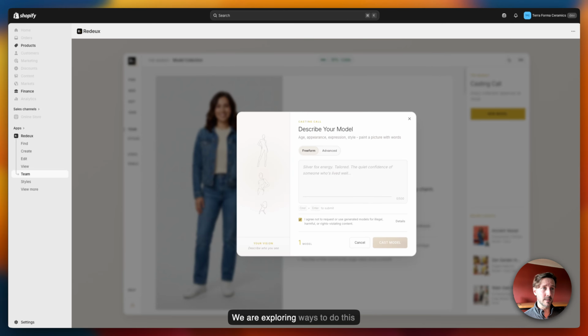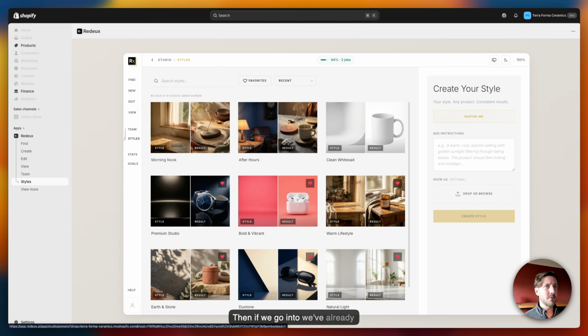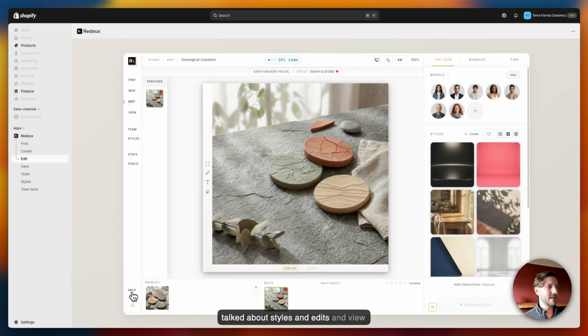We are exploring ways to do this legally and safely, but reach out to us if you have a desire for that. It's something that I want to be very cautious with and very, very respectful of right now. So right now we don't allow it, but there is amazing models that you can generate from whatever you have in your head. Then if we go into, we've already talked about styles and edits and view,